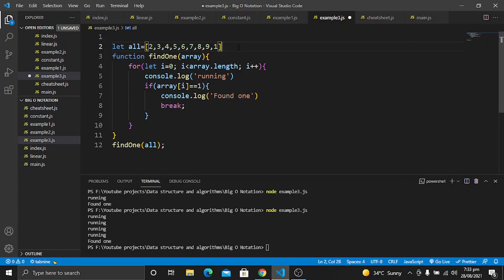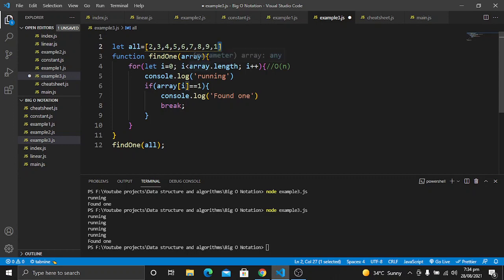If we want to calculate the big O notation for it, the big O notation for this is going to be O of n. This is because the number of operations that it is performing will depend on the length of an array. We are concerned about the worst case scenario, and in the worst case scenario this loop will run n times.